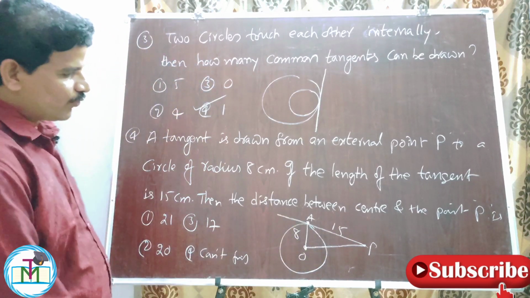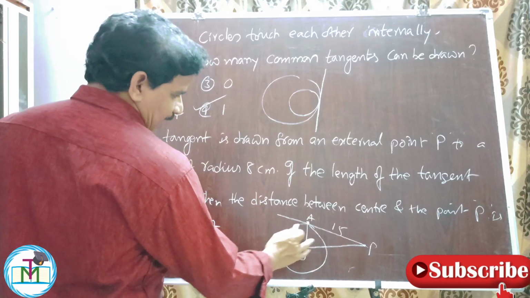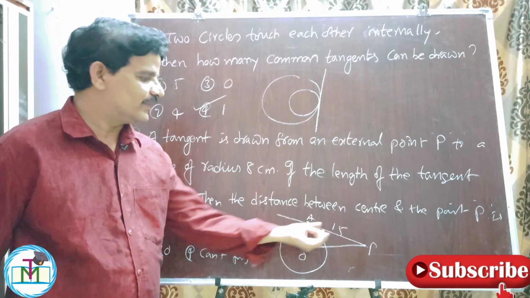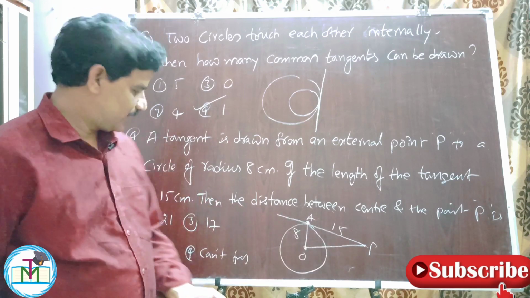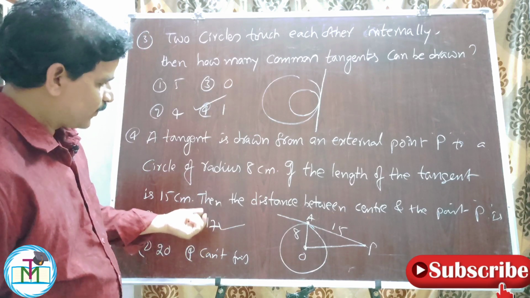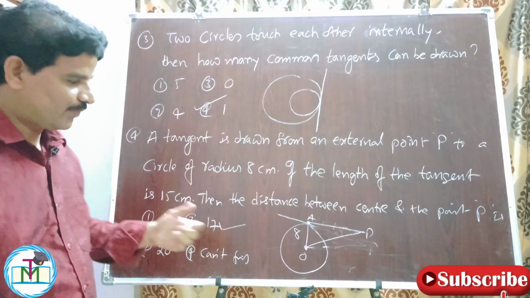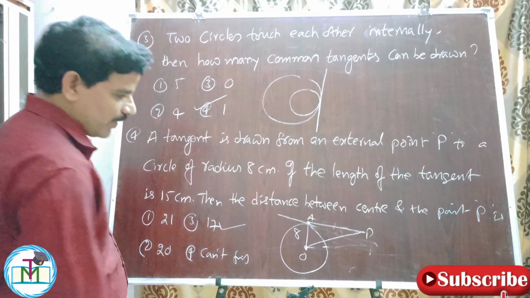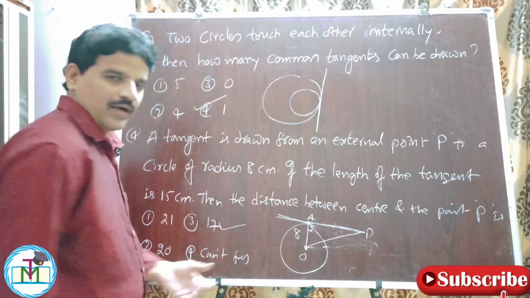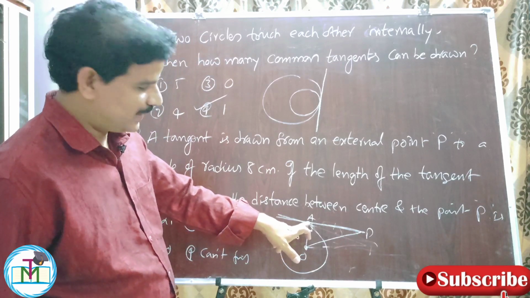So we know 8, 15 and one more number which forms a right angle triangle with these two sides. With 8 and 15 the answer should be 17, because 17 square is equal to 8 square plus 15 square. 15 and 17 make a right angle triangle. Here the tangent and the radius line are perpendicular to each other. Therefore the right angle is at this place.